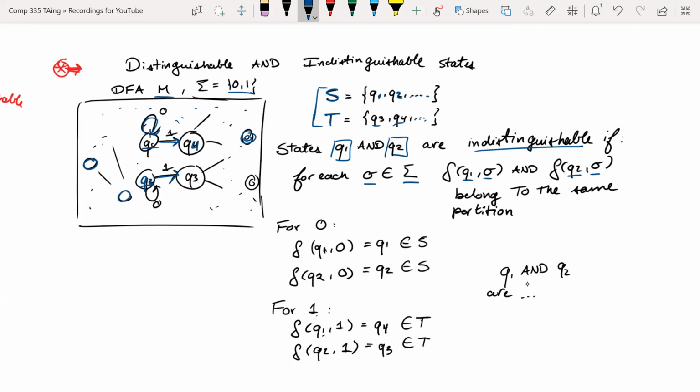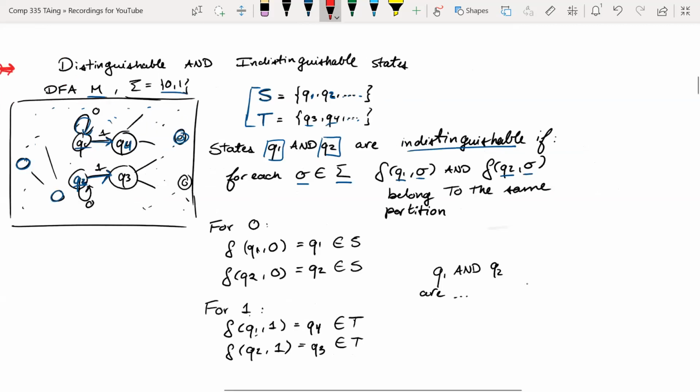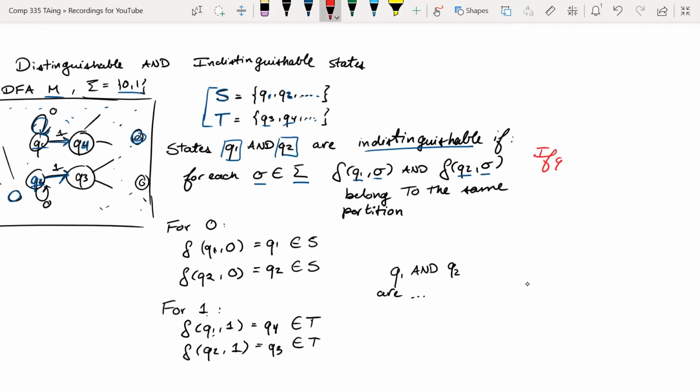they should go to the same partition. Maybe let's write that as an aside. If Q1 and Q2, when they see the same symbol sigma, go to the same partition,